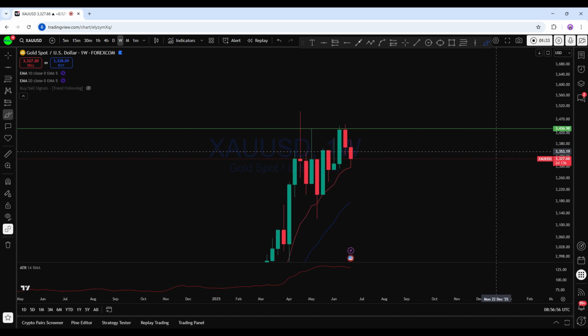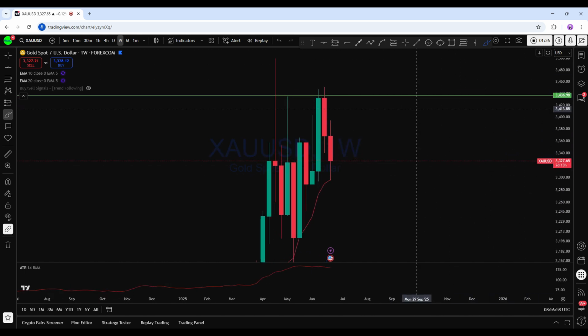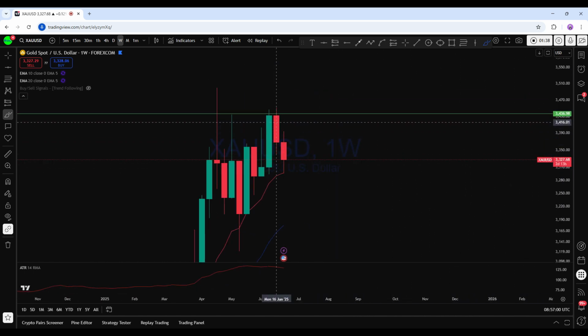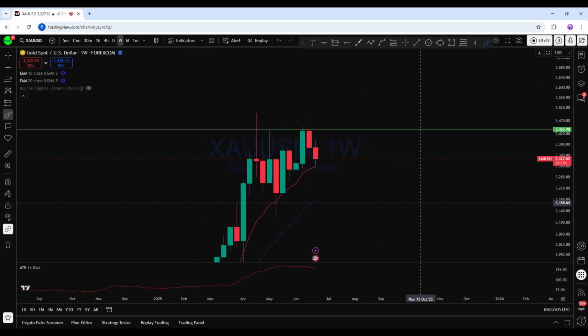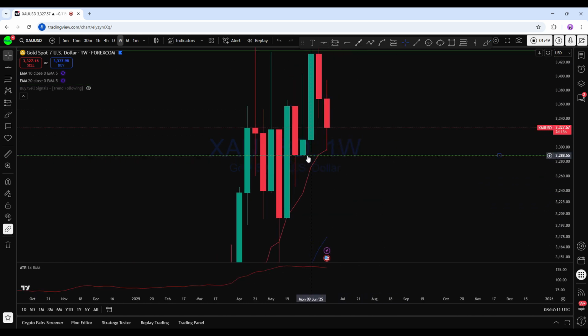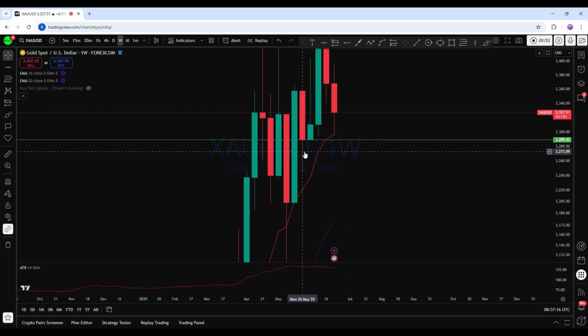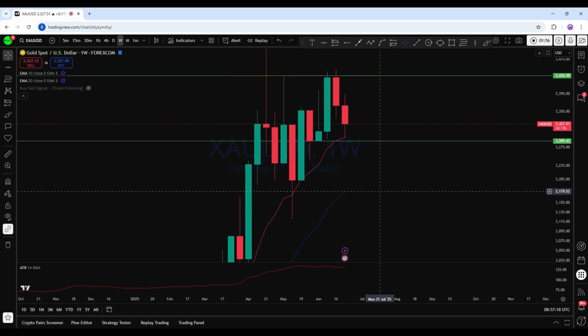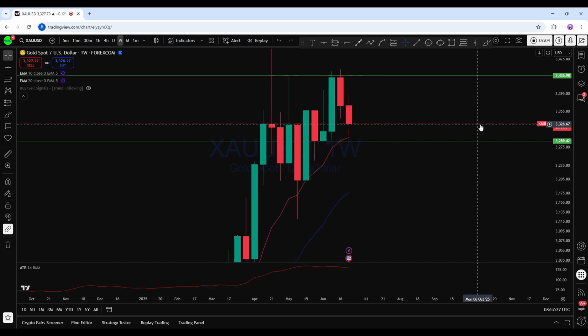Now looking at the weekly chart to see what kind of market structure it is forming. Previous week we saw a bear candle. Though this is a long-term bull market, the price is approaching a very key level of support here, where there was a monthly support which is also the weekly support, and there is a gap open here from the past which has not been tested yet. And what I think is the price may try to fill that gap